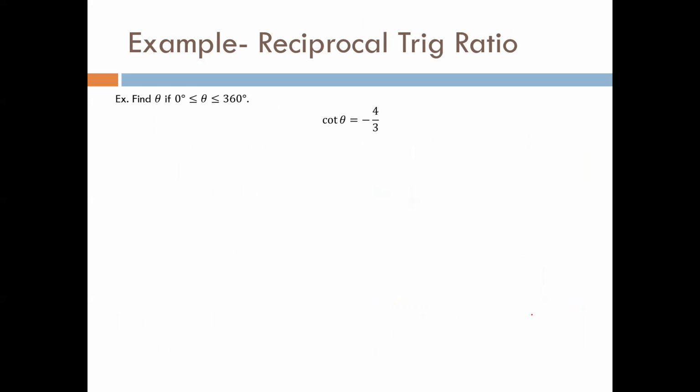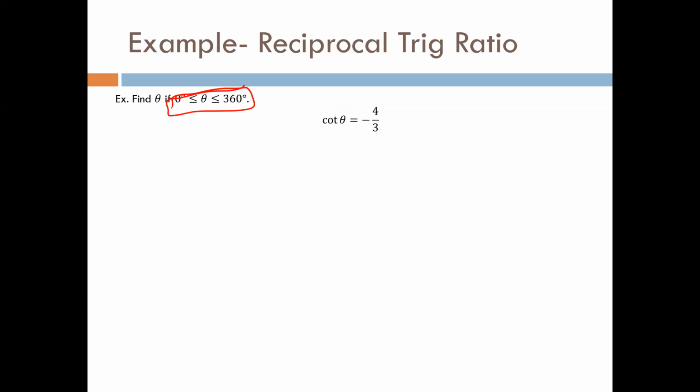And by the way, with a lot of these questions, you're going to be told to find the angle between a certain domain, right? Because if we don't specify a domain, then technically there are multiple answers. But it kind of goes without saying that normally we're interested in the principal angles anyways. So if you're asked to find the angles between 0 degrees and 360 degrees, if you're given this cotangent ratio,